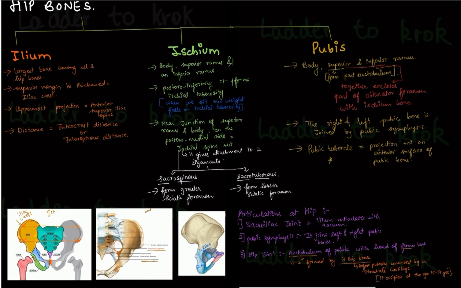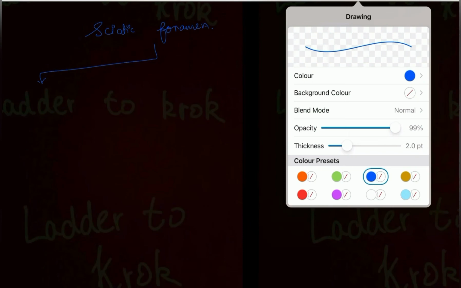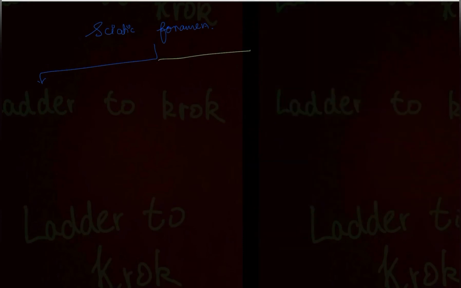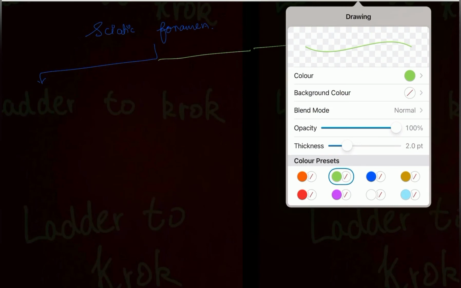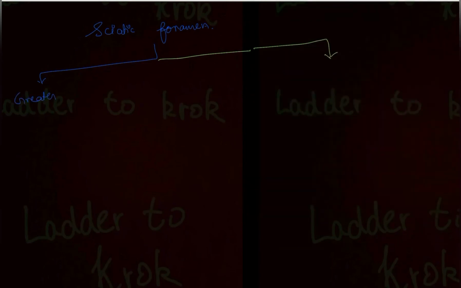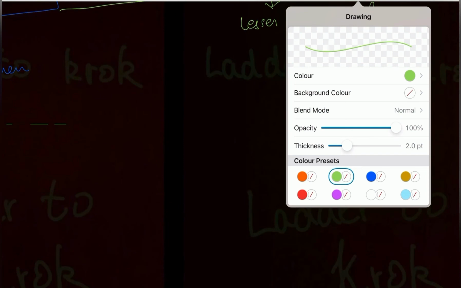No need to worry about making these pictures. You just have to visualize it. You just have to know how it looks in our body. So now let's look at what structures pass through the sciatic foramen. So write down the main topic, sciatic foramen. How many sciatic foramen do we have? We did it just a few minutes ago. It is 2, greater and lesser sciatic foramen. So write down greater sciatic foramen and lesser sciatic foramen. So let's look at the structures which pass through the lesser sciatic foramen first.